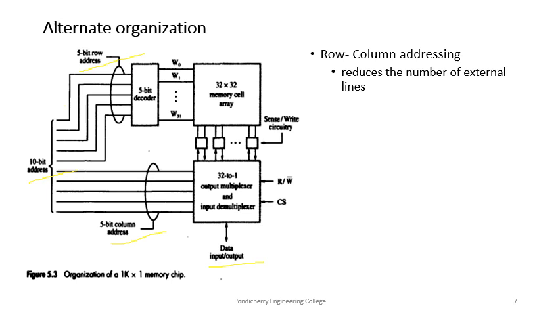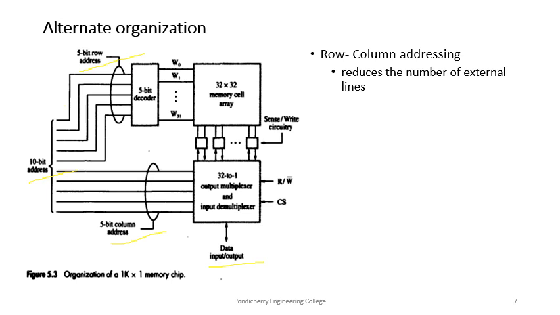So this 5-bit decoder converts this 5-bit input into 2 power 5 or 32 word line outputs, the word select outputs. Each output of this decoder is used to select one word line, and we have 32 such word lines. Here a row address selects a row of 32 cells, all of which are accessed in parallel.